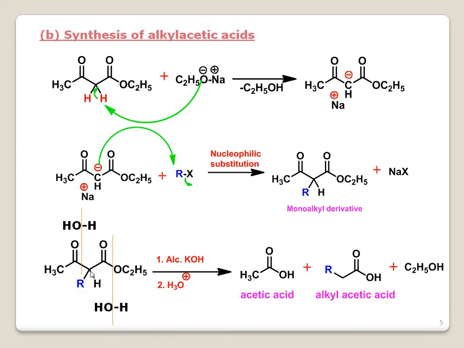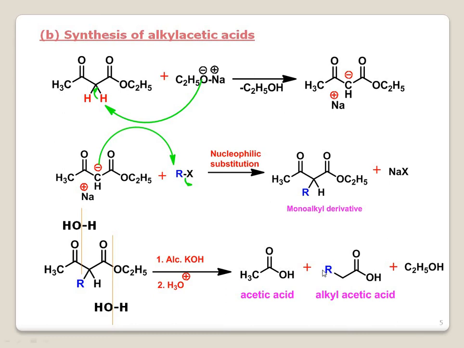So here one alkyl group. Depending upon the length of the alkyl group, suppose you need propanoic acid: acetic acid has 2 carbons, propanoic acid means 3 carbons. So here you have to add CH3X. Then you will be getting propanoic acid, CH3CH2CO2H. Now butanoic acid means here you have to have 1, 2, 3, 4 carbons.